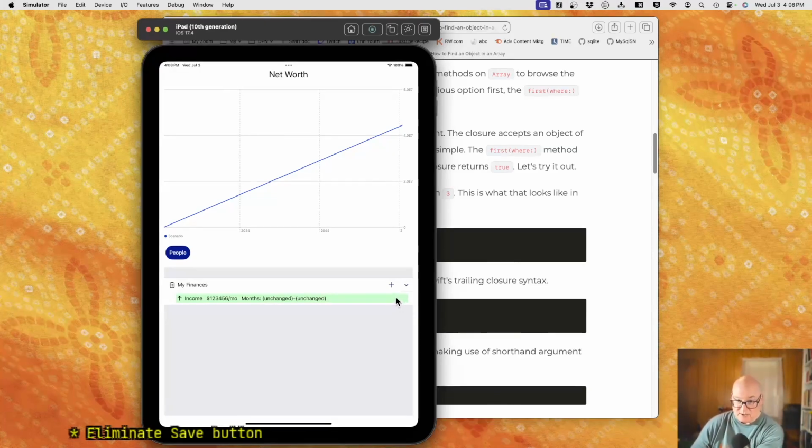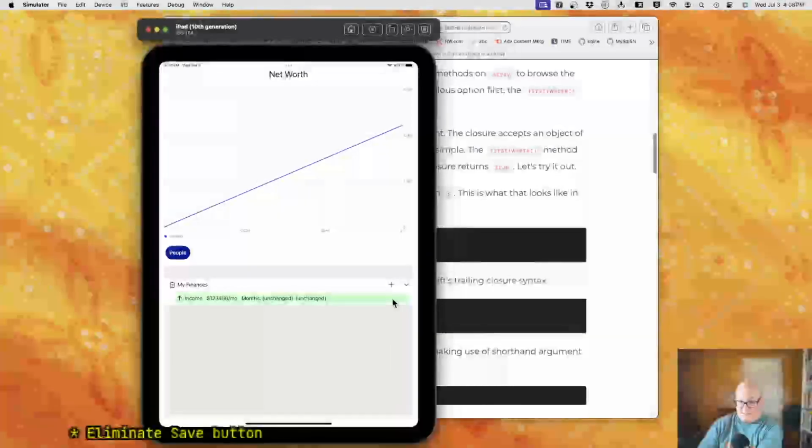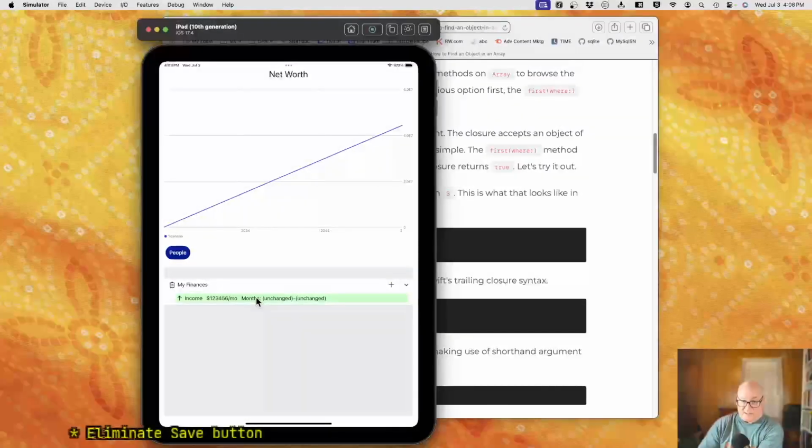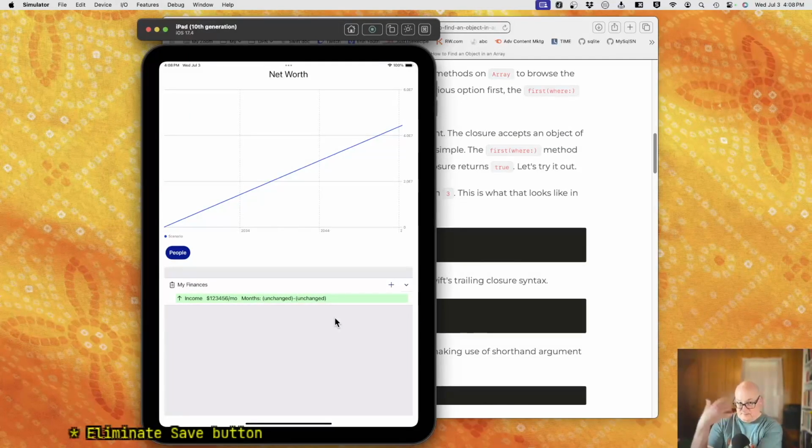Another is I could put a little trash can here and let you click this to delete it. Another one is I could either give you an edit button or clicking on it, maybe tap or something, opens up the stream view kind of like it did before, and now it's edit stream. And one of the options on that page is delete this stream.